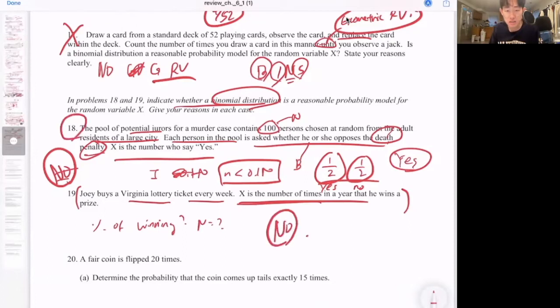I would assume 18 is a typo too, because you can't assume that people are going to vote for the 2 candidates half and half like this. That's simply not going to happen. So they're both simply going to be no for this one.